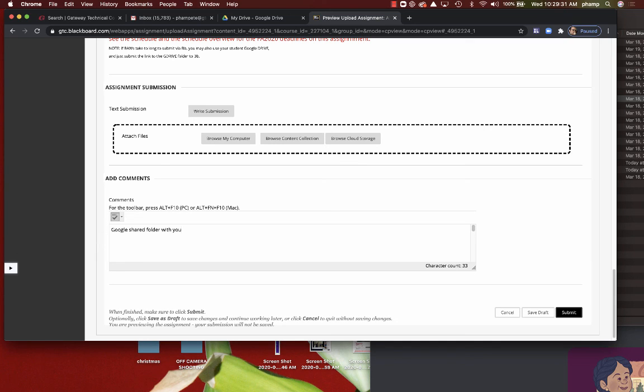Now, when you're done with grading, you can take away the sharing privileges. You can always change the sharing privileges, or you can delete the files altogether. But it's a nice way to take very, very large files and submit them for grading without having to wait for the overload processing time that it takes for